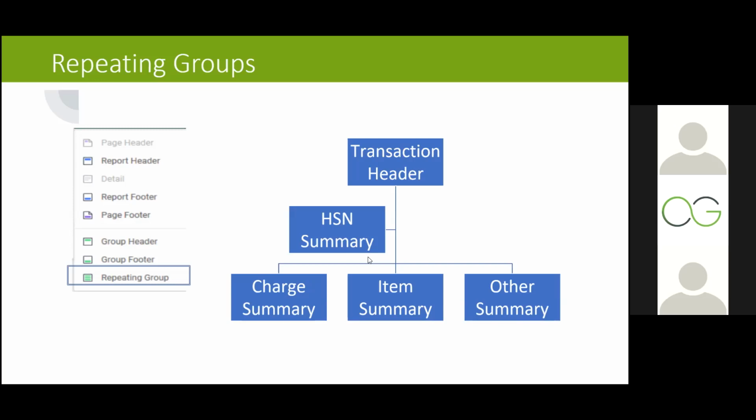Of course, we have a summary at the bottom which says there are 3 quantity and the sum of the basic amount. This is where the charge summary comes in. So this becomes another repeating group. The first repeating group was with respect to the item. We'll go and see in the design as well what this repeating group is all about. Then we have the charge summary.